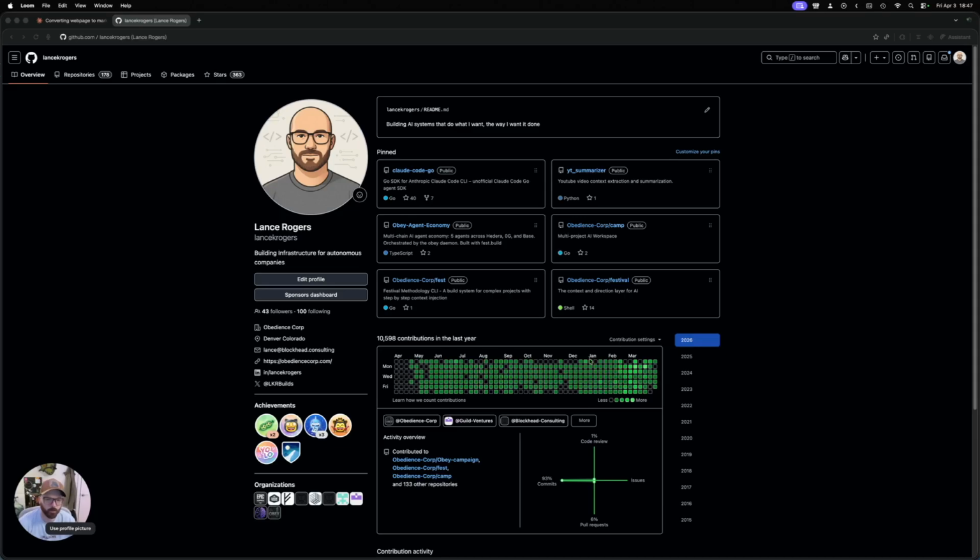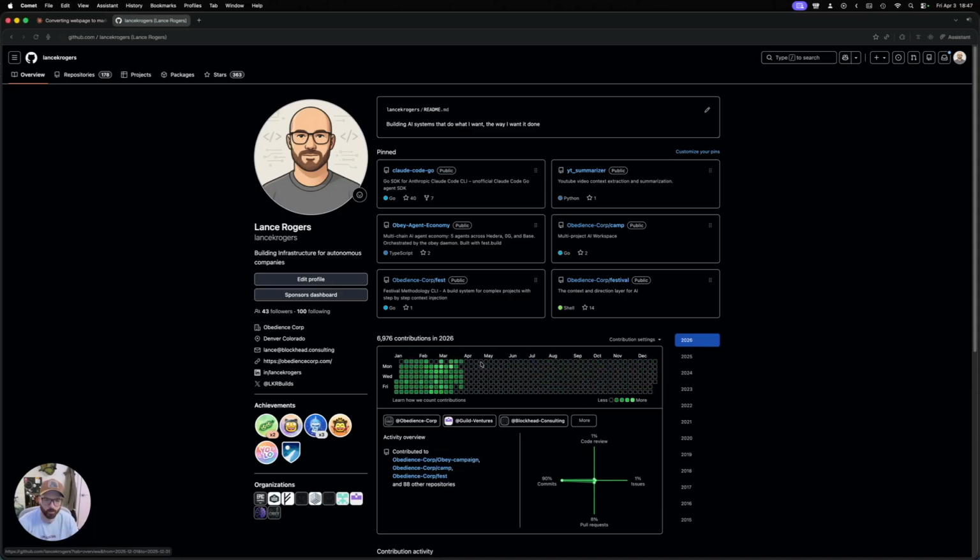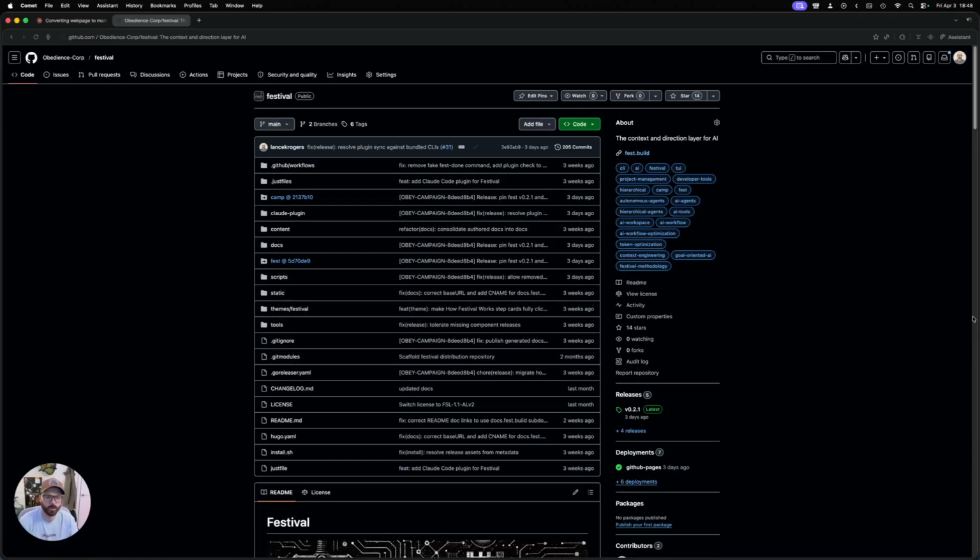So as you can see, my workflow has gotten a lot more efficient in the last couple months. Compared to 2025, I'm close to double the output for the whole year of 2025. And 2025 is also pretty crazy, but 2026 is even crazier. It's already almost double the output from all of 2025 in the first 3 months of 2026 in terms of GitHub contributions. So I open sourced Festival publicly,